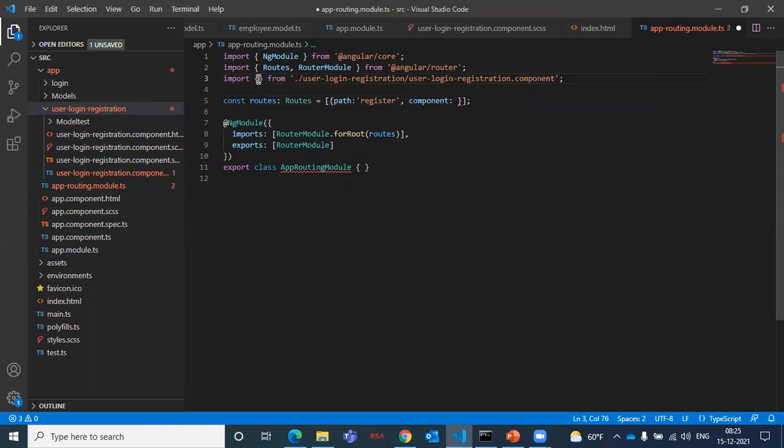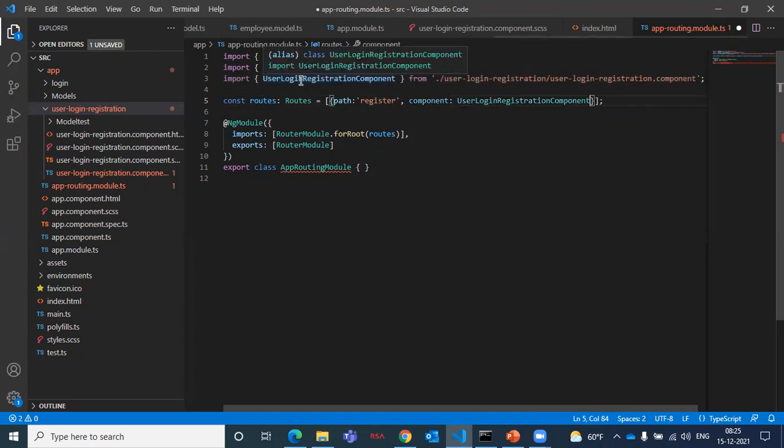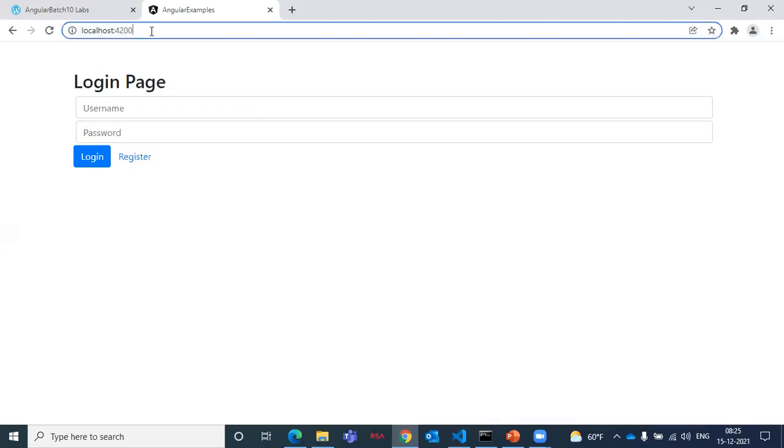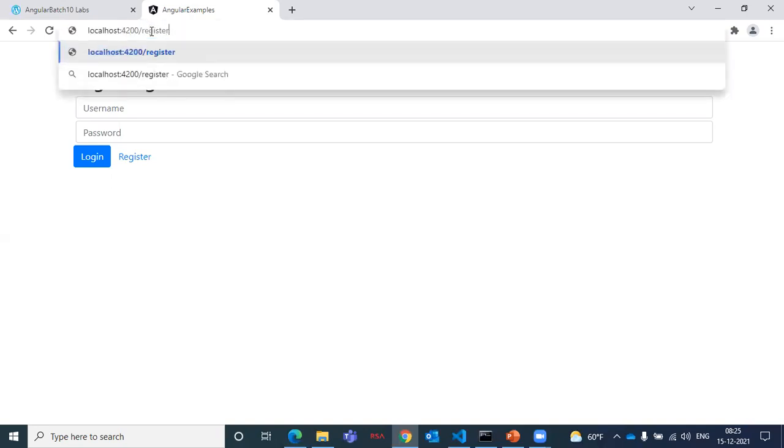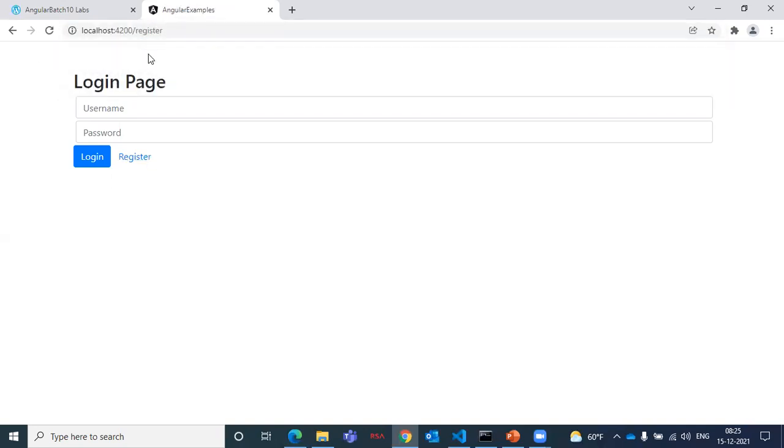So in that component I can have any class. Which class do I need to refer to? The user login registration component. So this is the class. Once I refer to it, the Angular lifecycle will take place on top of this class. Once the user gives the path, for example slash register, and presses enter, he has to go to the registration page.